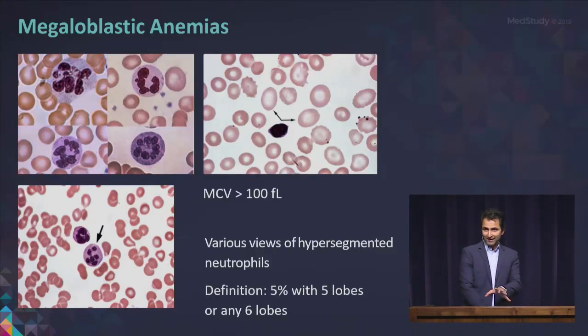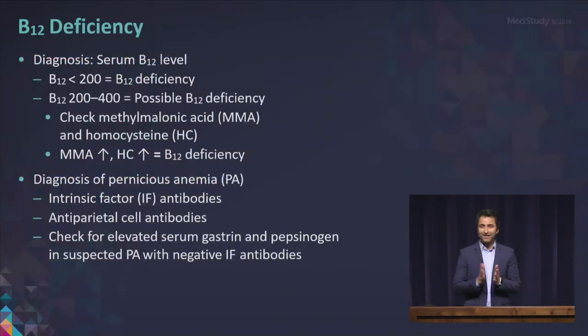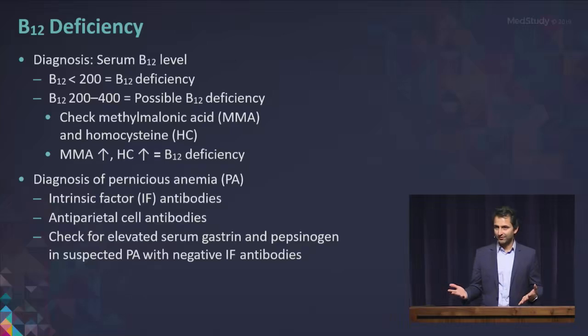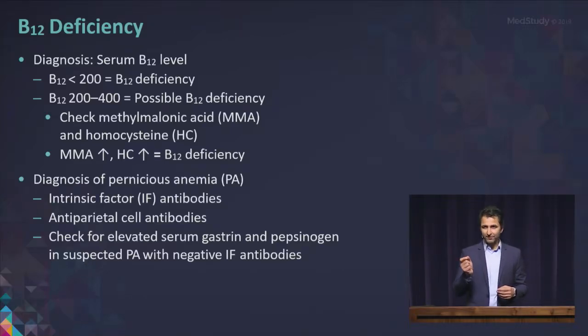If you see a smear like that, even without clinical clues, you want to be thinking B12 folate deficiency. In diagnosing B12 deficiency, it's pretty straightforward. If your serum B12 level's below 200, you have B12 deficiency. But the one twist here that you want to remember is that if you have a borderline B12